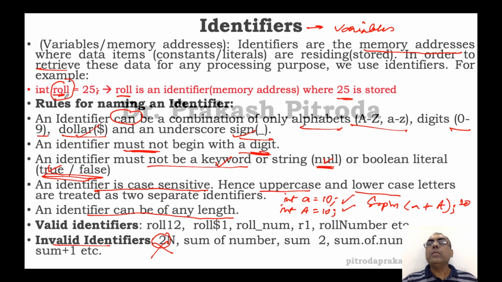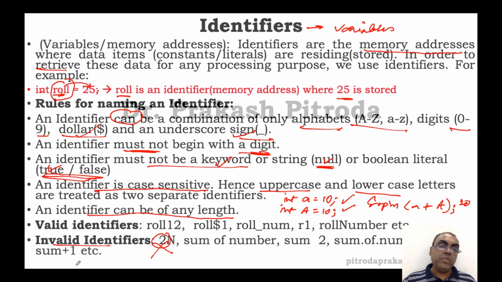However big you want, you can write this variable, but ideally you should not write too big, because if you're going to use that variable in your program at many places, you can't keep typing it again and again. But it should be big enough to understand what it is storing. For example, if I'm storing roll number, I can write roll, roll no, or roll number, something like that, but I cannot write a big statement to store a small roll number. So it should be big enough to identify what is being stored in it.